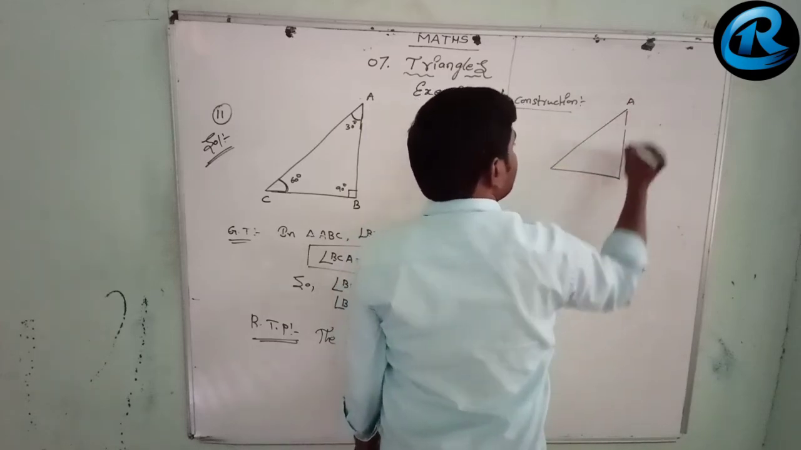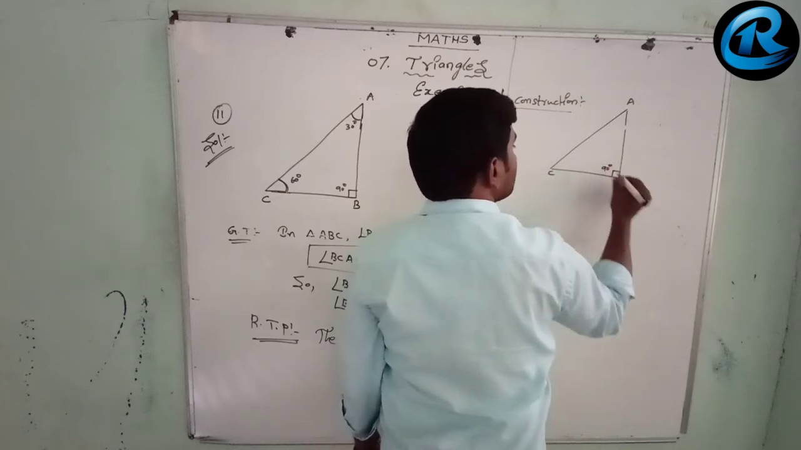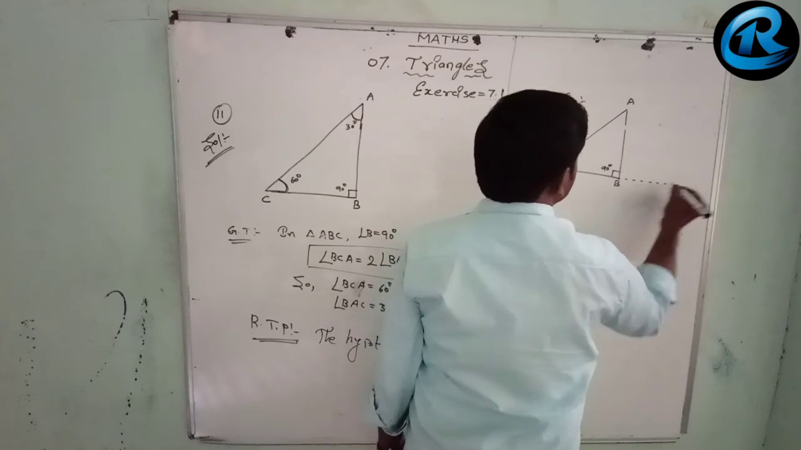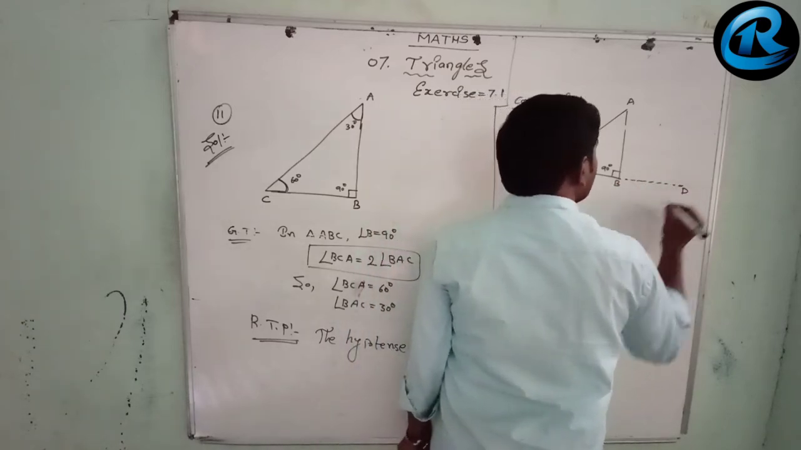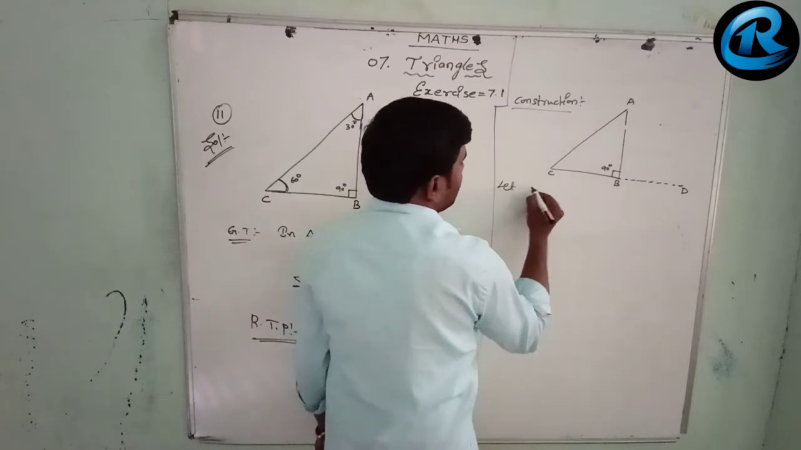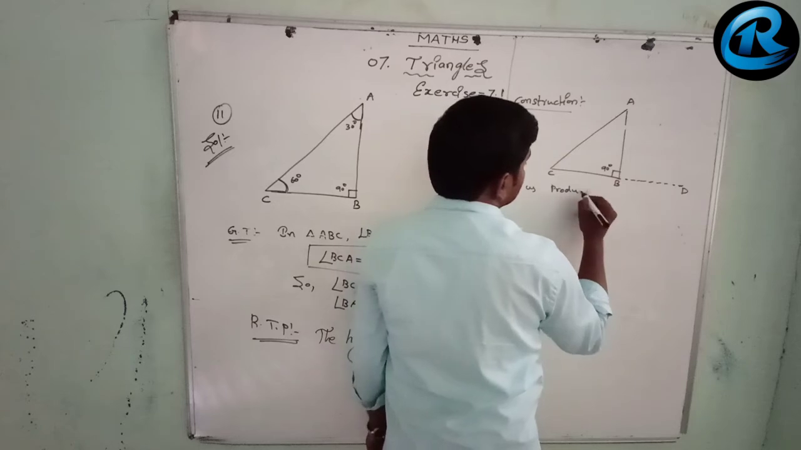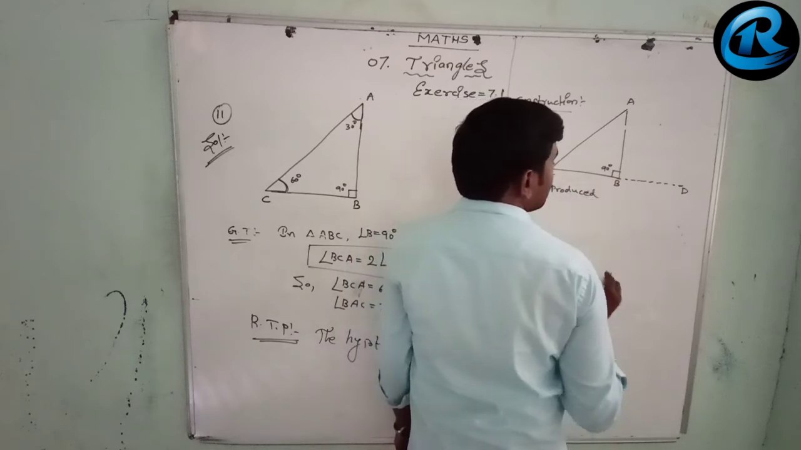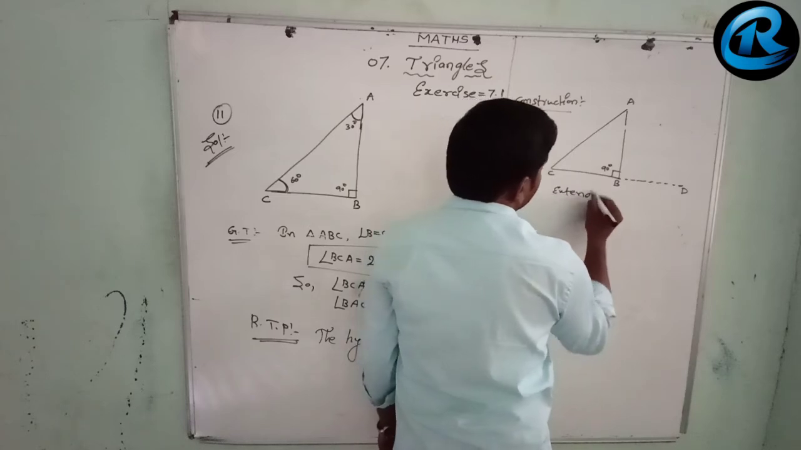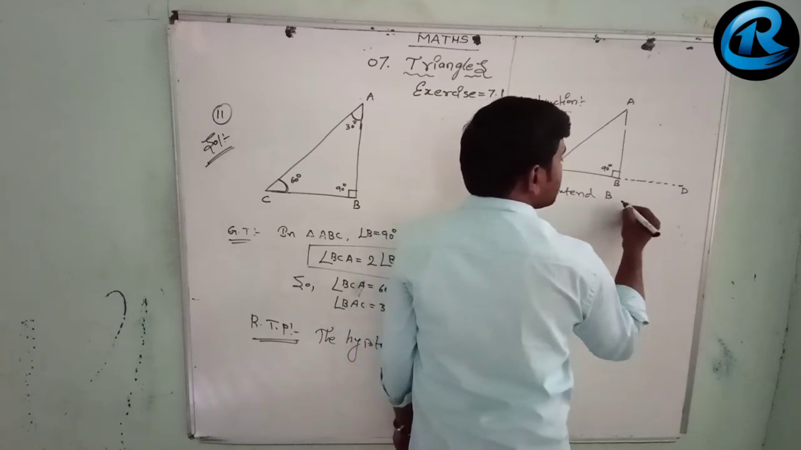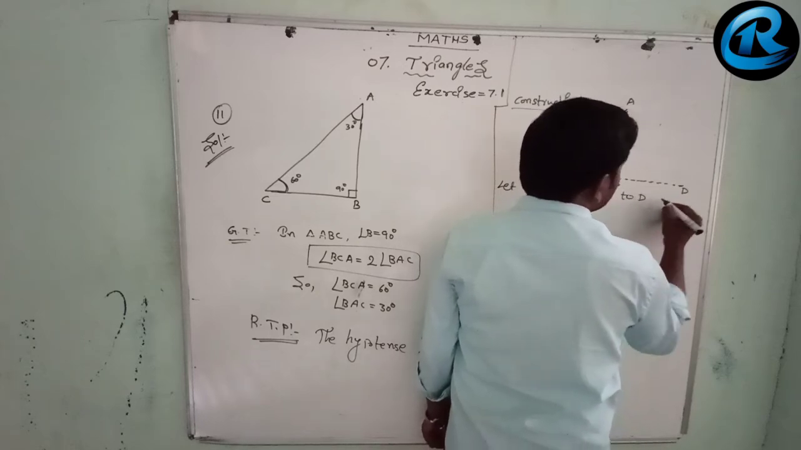This is the given figure, triangle ABC. Then let us extend B to D such that